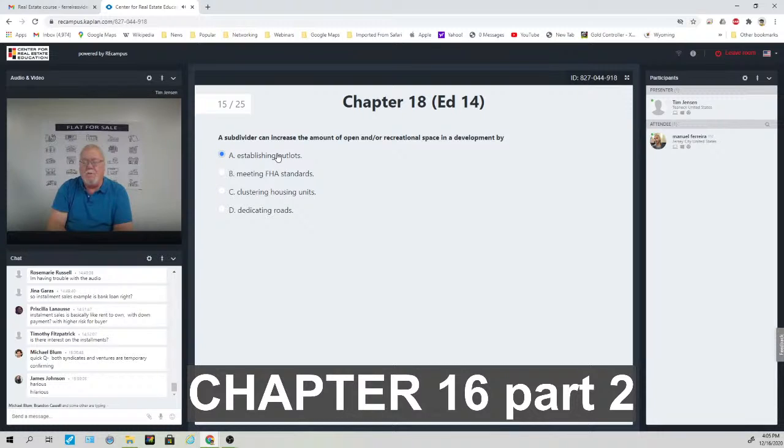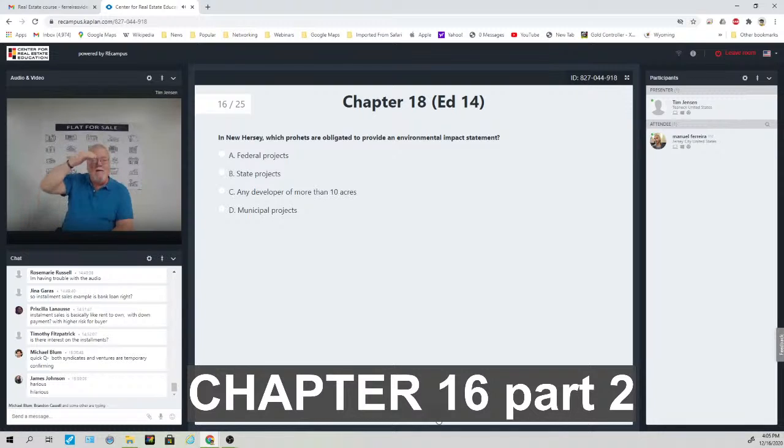And from those who did respond, 75% of you are correct answering C, clustering housing units to give more open space consideration. Number 16, in New Jersey,